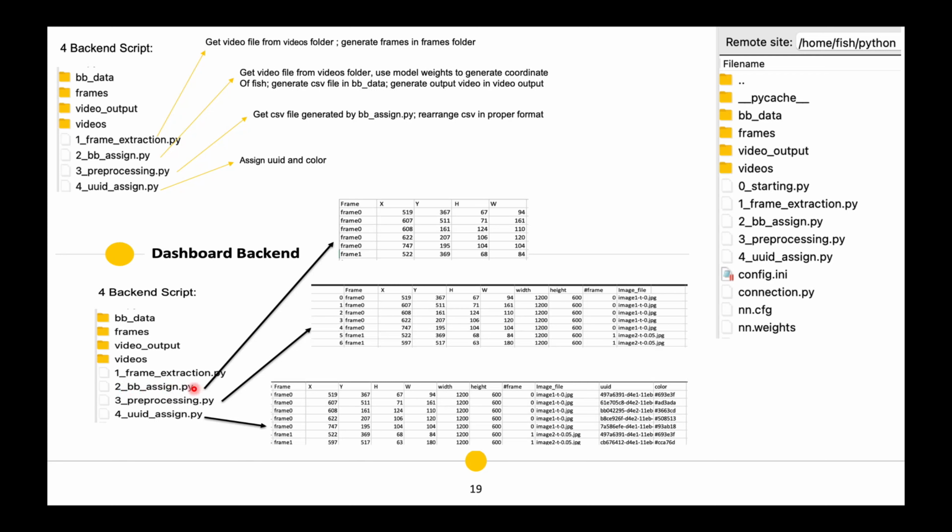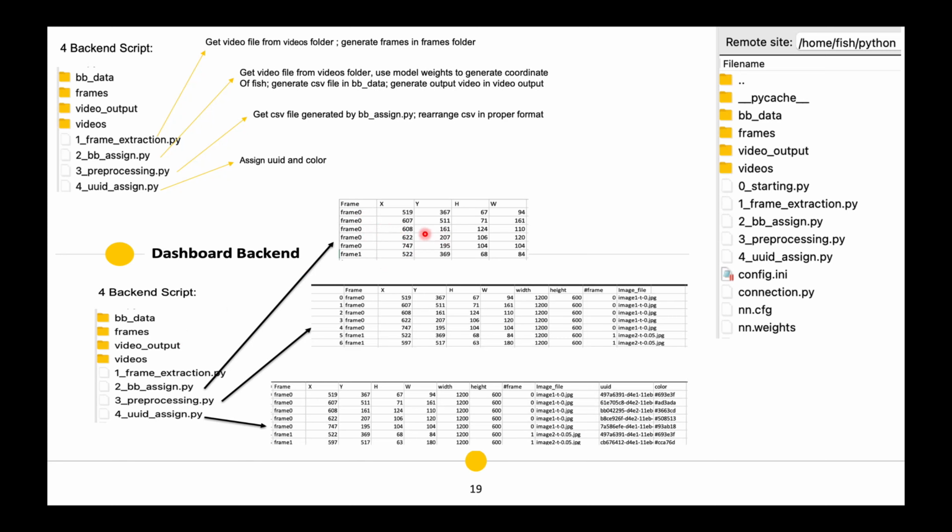This Python script will take the video and run it through the YOLO model, and it will generate a CSV file like this. It contains the parameters of the box: x, y, height, width of the boundary box. It will also generate one column, which is the frame, assigned the frame number 0, which shows that on frame number 0 this box is present. For this frame number 0 there are five boundary boxes detected, which shows that five fishes are detected.